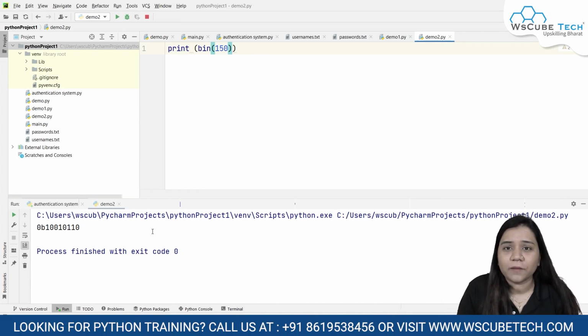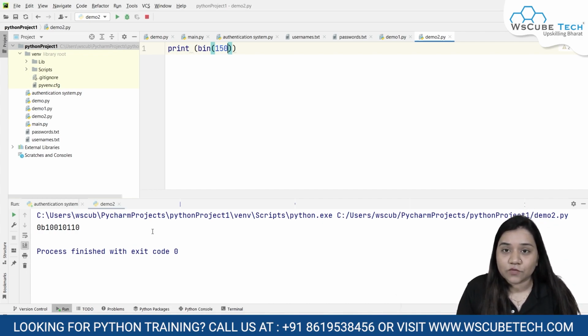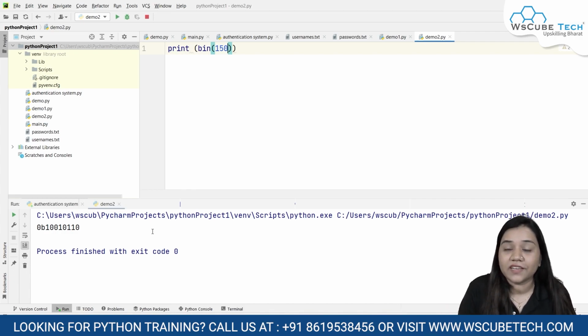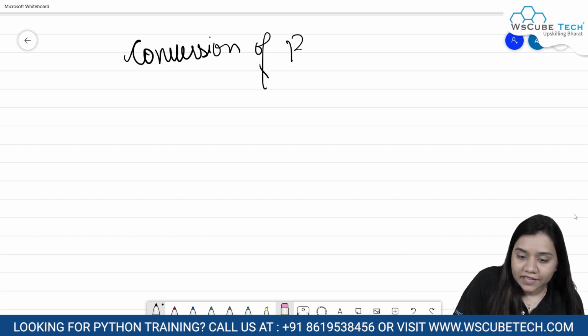You don't have to struggle much. But now you know what the method is and how you can do it in Python as well. Similarly, if you want to reverse it, till now we were converting decimal numbers to binary. Now what if we want to convert a binary number to decimal? For that also we have a very simple method. Let's have a look. So here I'll be writing conversion of binary to decimal